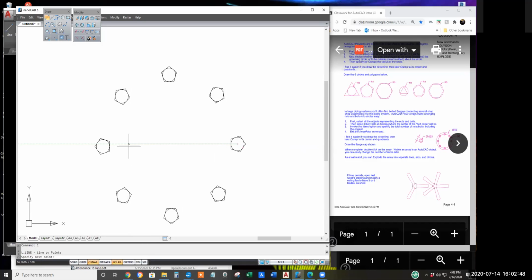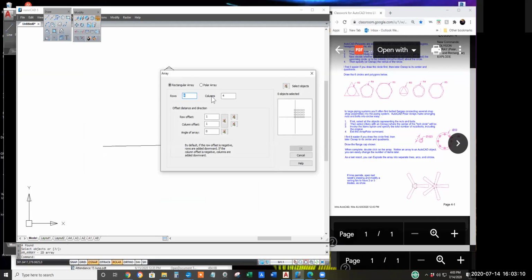I'll draw a line from here to there, hoping that the middle of that line is the center of the circle I want. I'll erase all but the top replicated object.